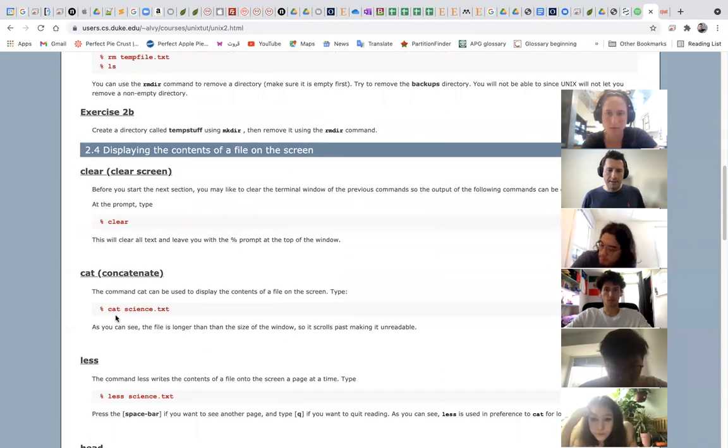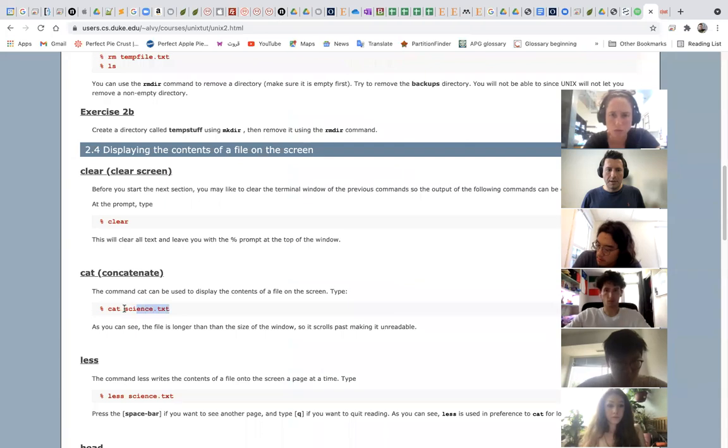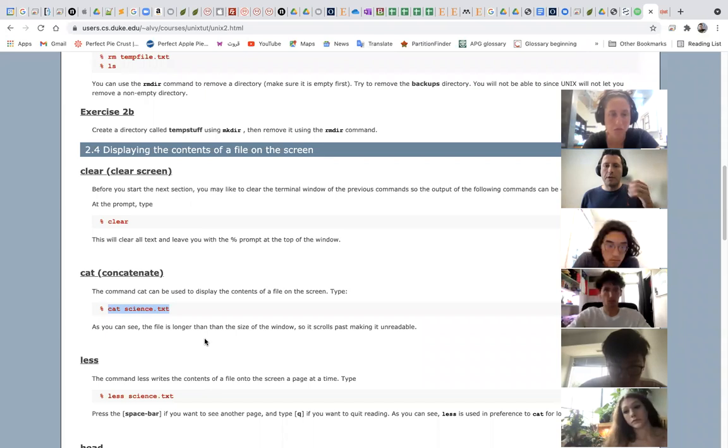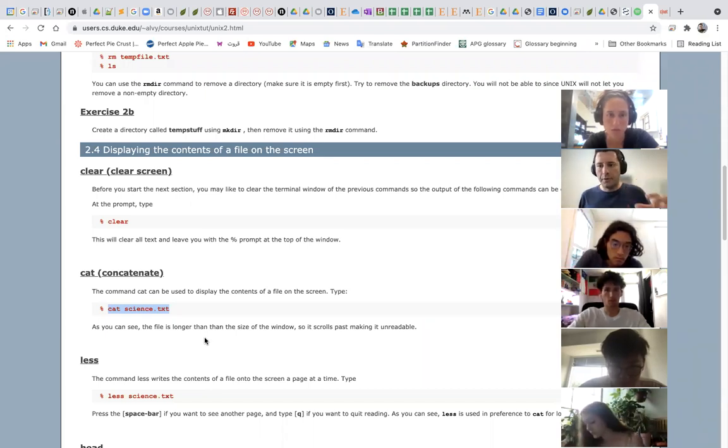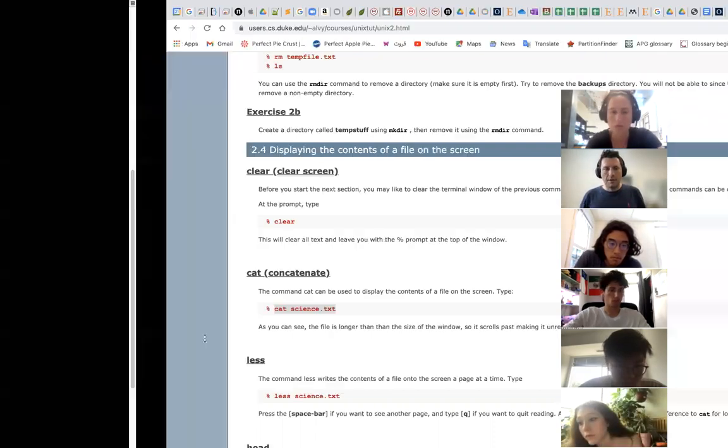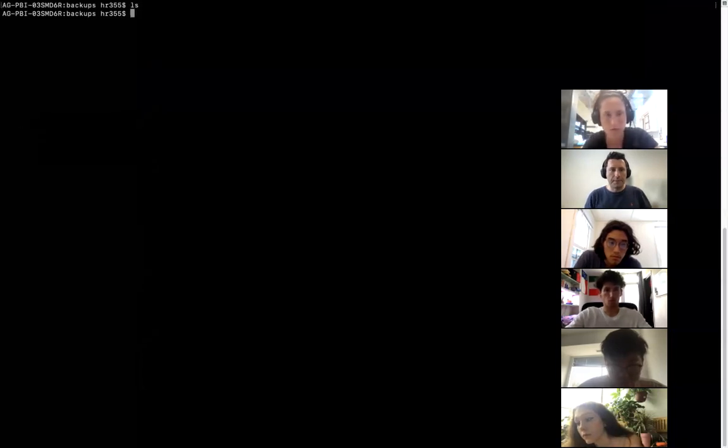And cat is the next command that we're going to use. It has two functions. One is that you can use cat to see what's inside a file, and you can use cat to combine two files together. And the second file will be added to the bottom of the first file. So to do this,